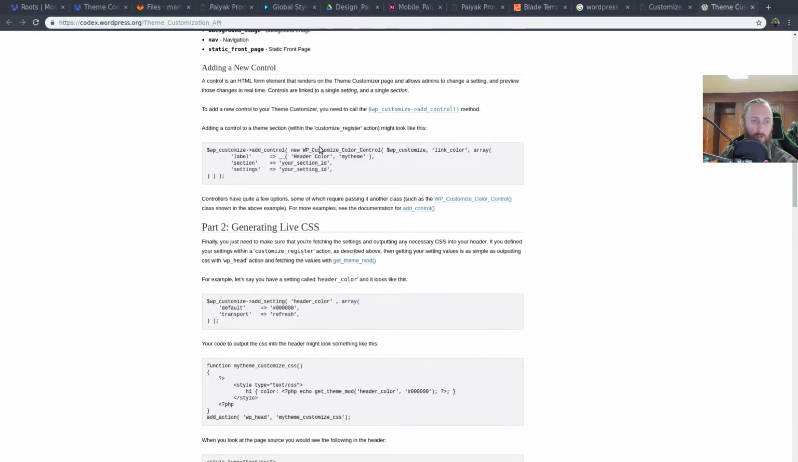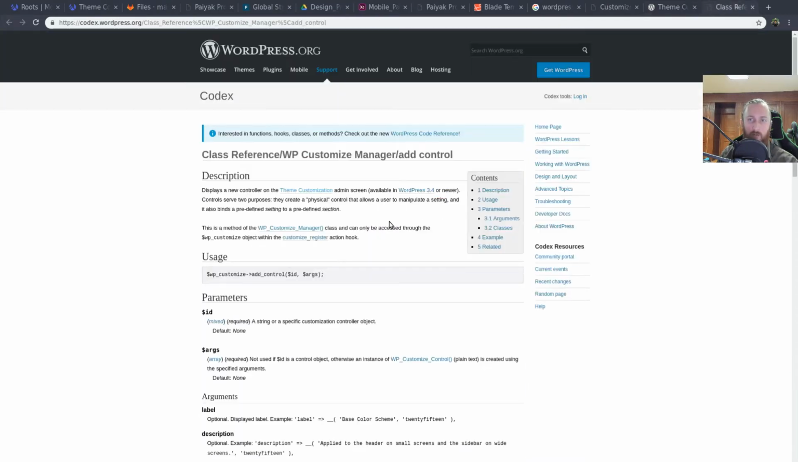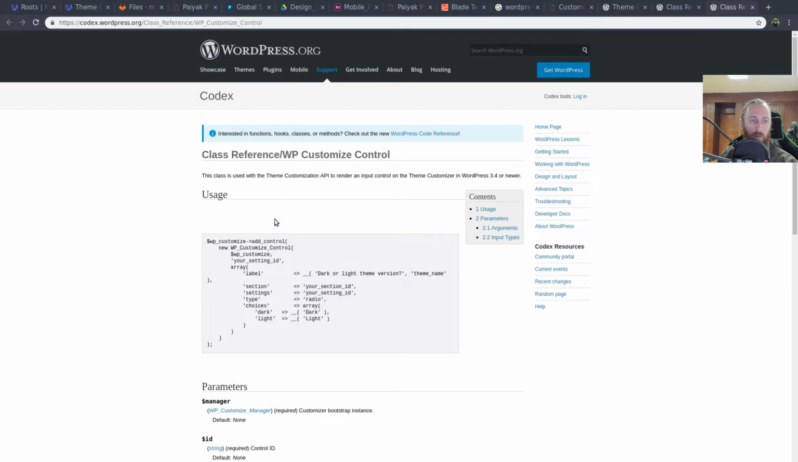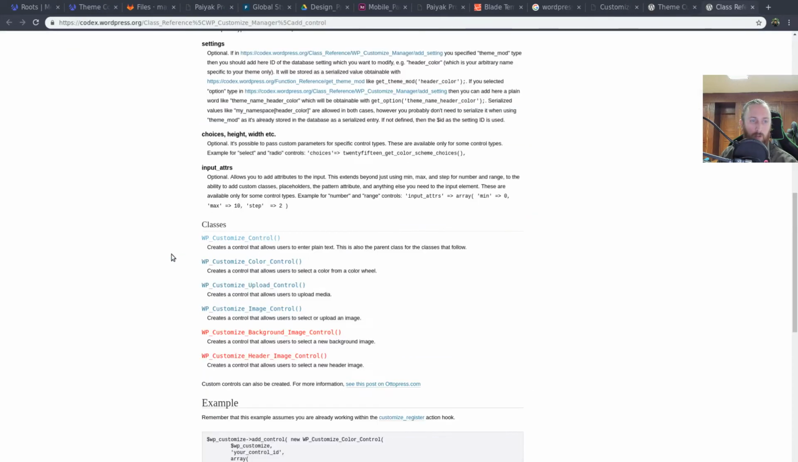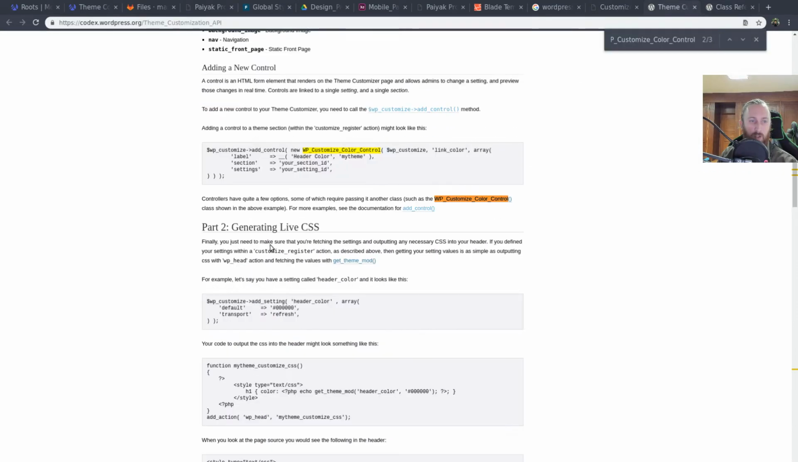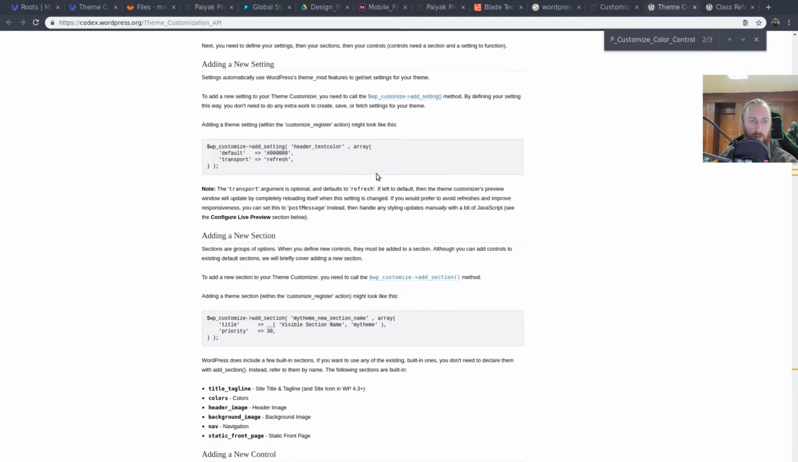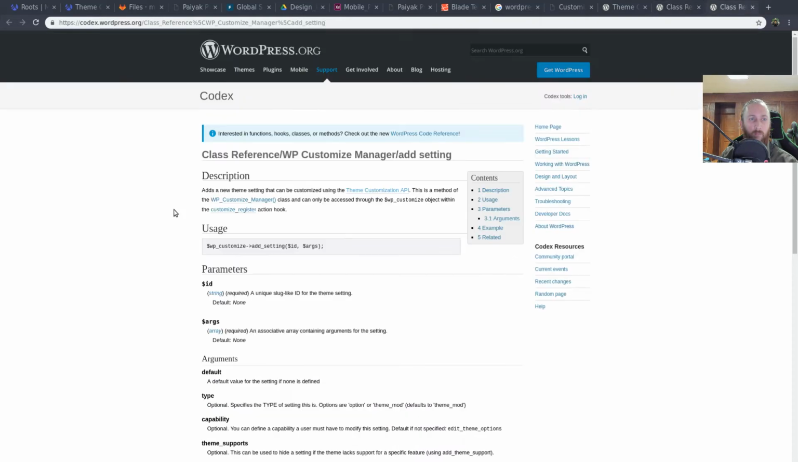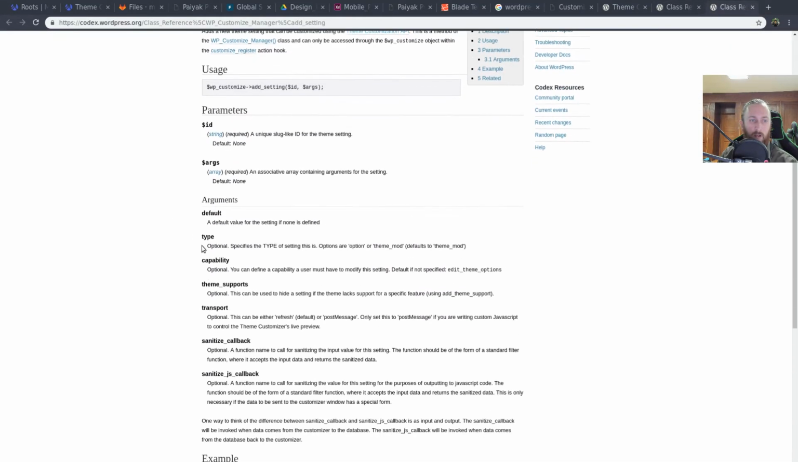I want, let's find all the different ones. See documentation about cover. That will be customized control. This is plain text. So yeah, we want just the customized control one. Come on, there we go. There is a place for the setting. So inside of the setting, add setting ID arguments,